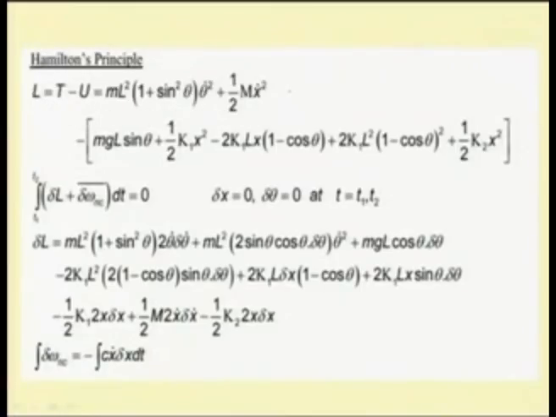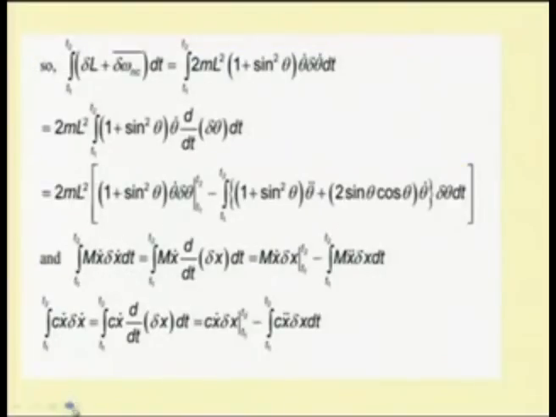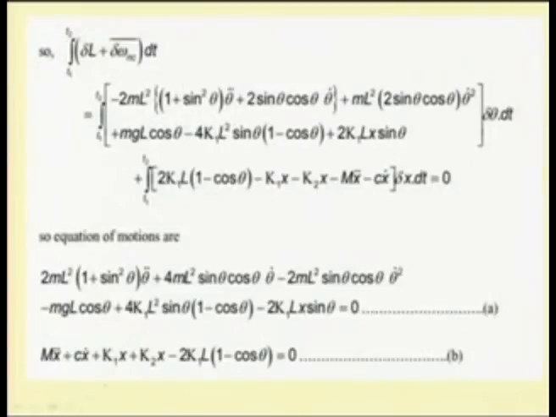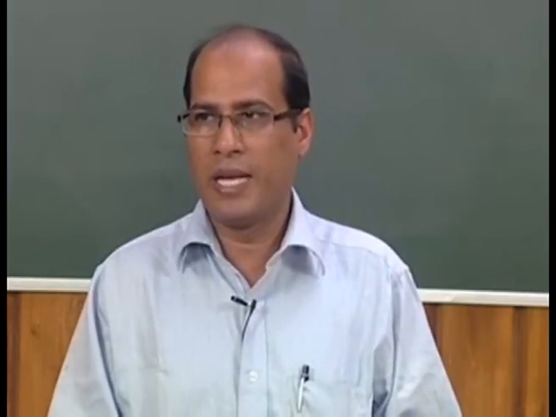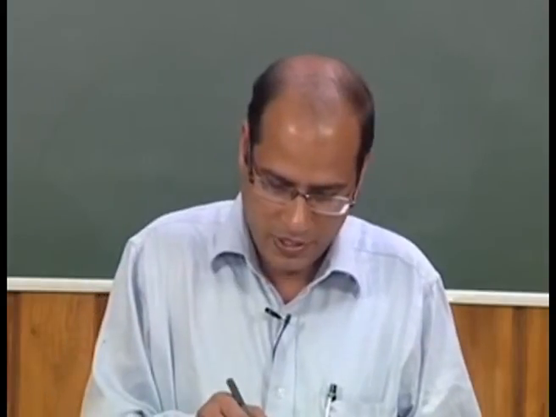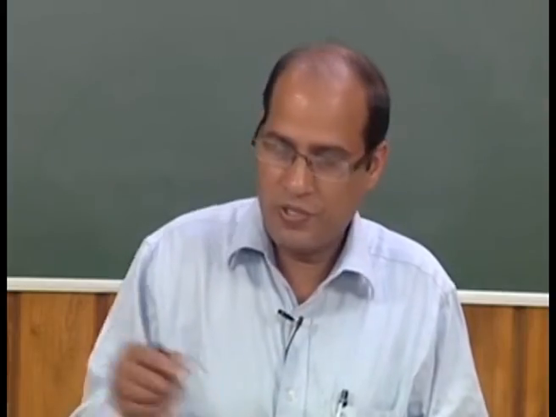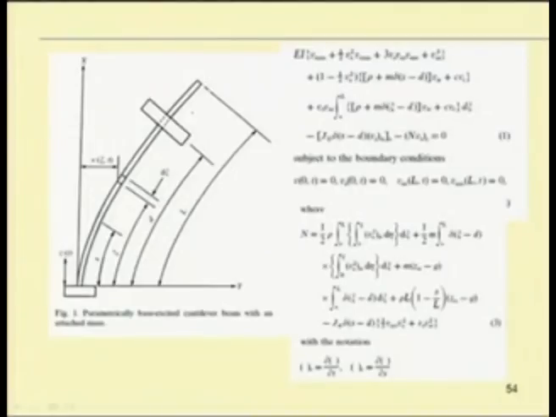By using Hamilton principle one can find the equation of motion of the system, which can be written as this. As this is a 2 degree of freedom system, one can get two equations. Similarly, by using Lagrange principle also one can find the same equation of motion. In this class we have studied how to use the Lagrange principle and Hamilton principle to derive the equation of motion. As an exercise problem, one can find the equation of motion of the system by using Hamilton principle or Lagrange principle.